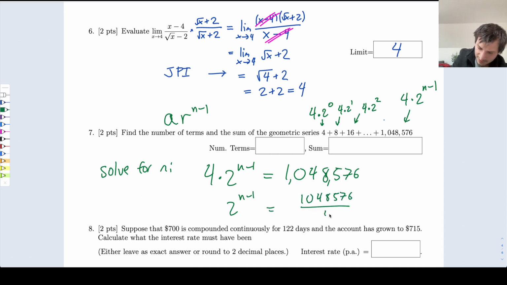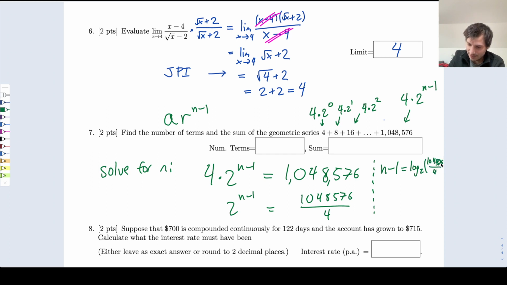1,048,576 divided by 4. And now to solve for n, I'm going to take the log base 2 of this stuff. If you take the log base 2, you're going to get n minus 1. So the log base 2 undoes the 2 to the power. Taking the log base 2, you just get the exponent n minus 1. And on the other side, you get the log base 2 of